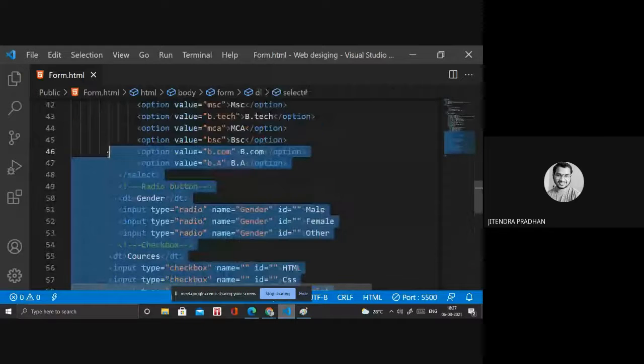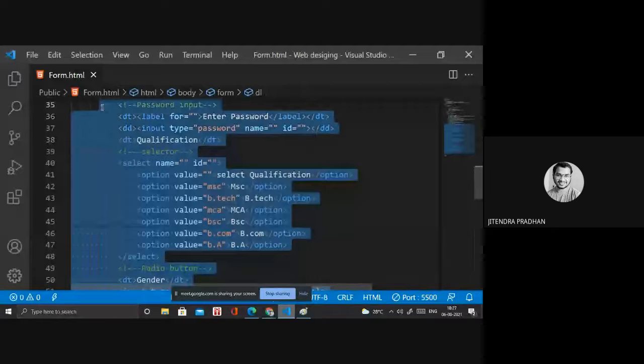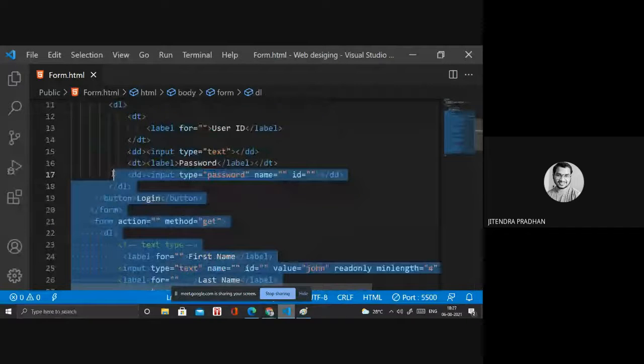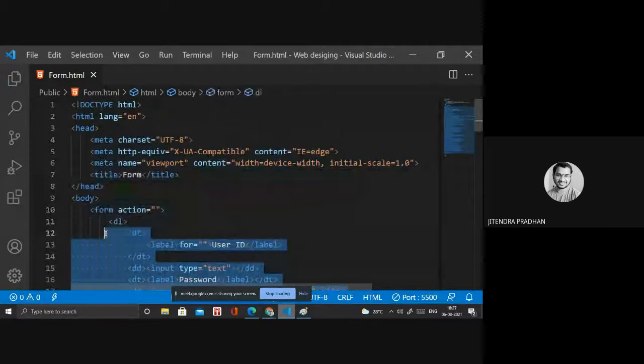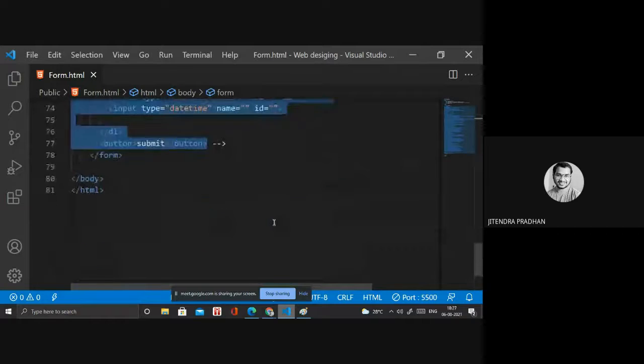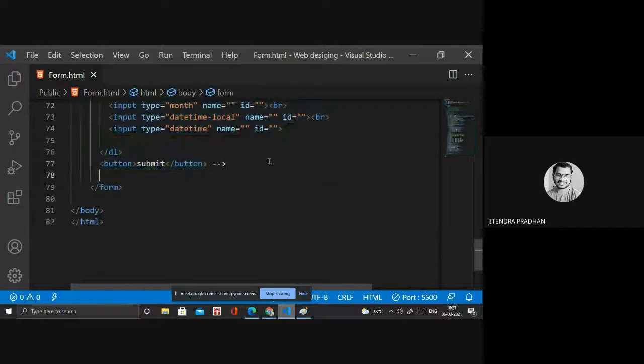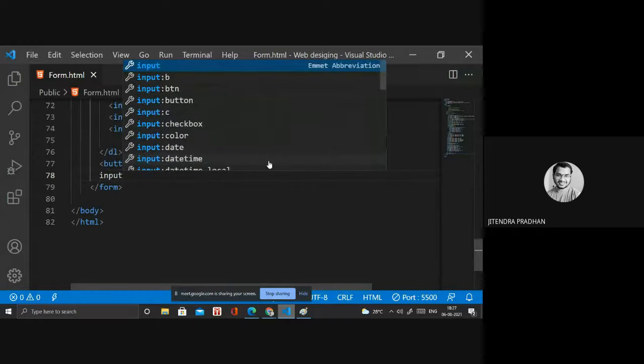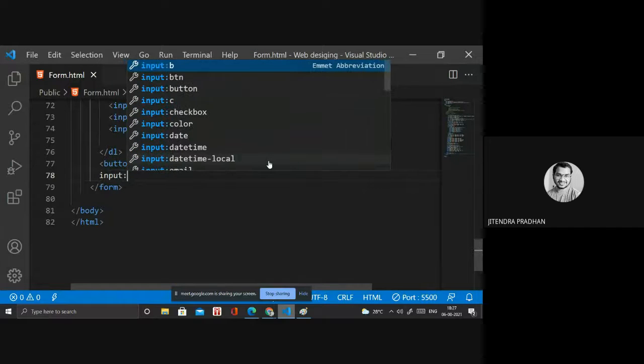Okay, I will input all these things in the comment. Yeah, done. Next, I will discuss how it works. Let's see. I need an input.